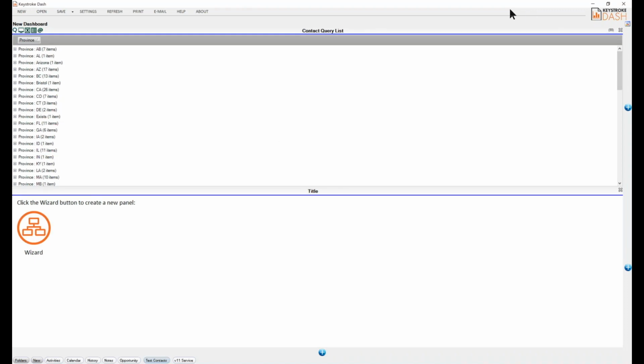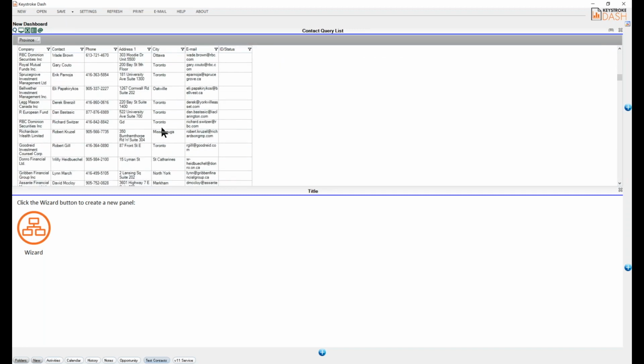Thank you. Okay. So as I mentioned before, I grouped these together by province, and now it's giving me a count by each province of how many are in there. Okay. And you could do that with any field. So if you want to count the number of ID statuses, sales reps, whatever, products, you keep track of that stuff. So it gives you an opportunity. Then you could drill down. So if I want to see everybody in Ontario here, I can click there, and it gives me everybody that's